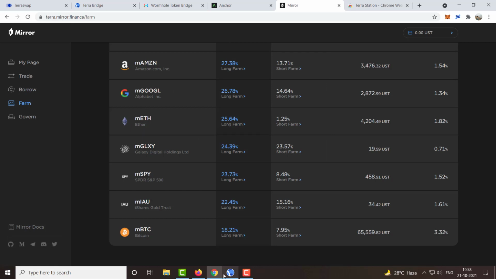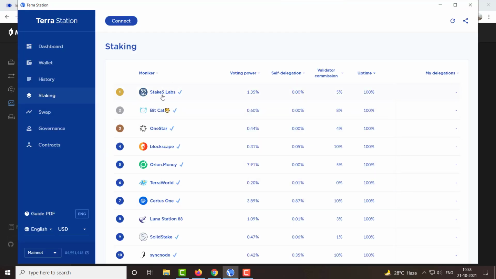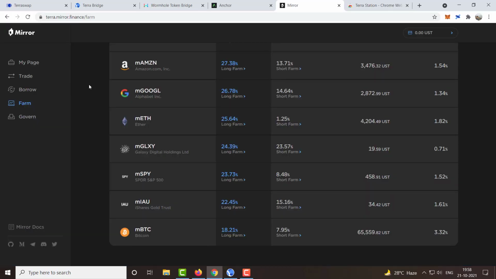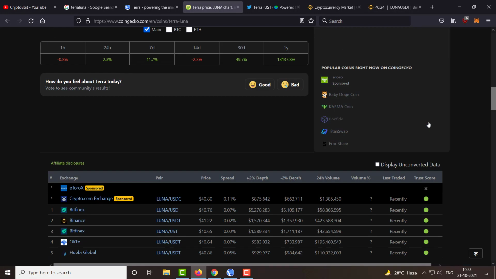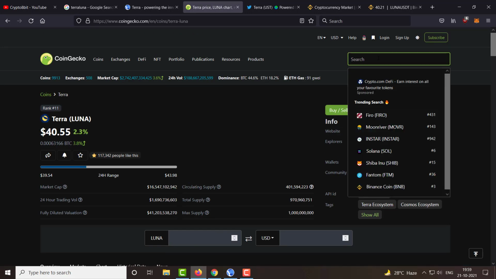Now if you are already staking your Luna tokens over here and the airdrops which I have already mentioned to you guys about, you will also be getting mirror tokens too. Basically, the mirror token is the thing which runs this mirror platform, and if I can show it to you guys, the mirror prices.